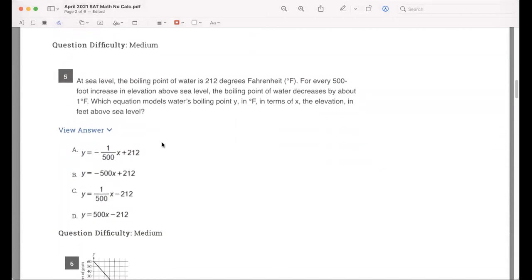Now, the next question. At sea level, the boiling point of water is 212 degrees Fahrenheit. For every 500-foot increase in elevation above sea level, the boiling point of water decreases by about 1 degree Fahrenheit. Which equation models the water's boiling point in degrees Fahrenheit in terms of x, the elevation in feet above sea level? So we can use y is equal to mx plus c, where c is the